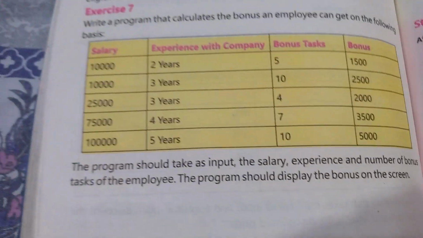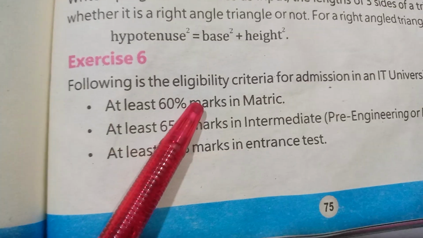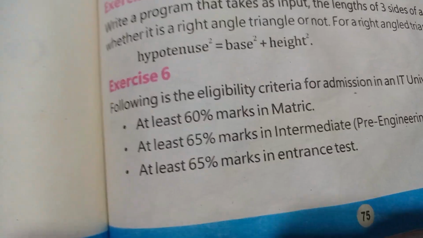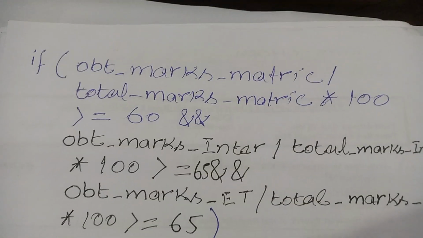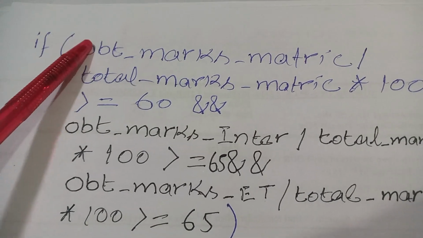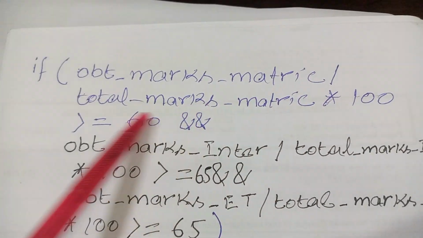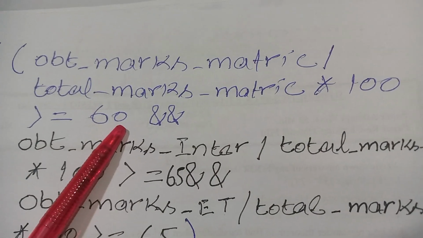Let us look once again at the statement of the question. These three conditions must be checked: 60% marks in matric, 65% marks in intermediate, 60% marks in entrance test. So we will combine these three conditions to make a compound condition. If obtained matric marks divided by total matric marks multiplied by 100 is greater than or equal to 60, here you calculate the percentage of matric